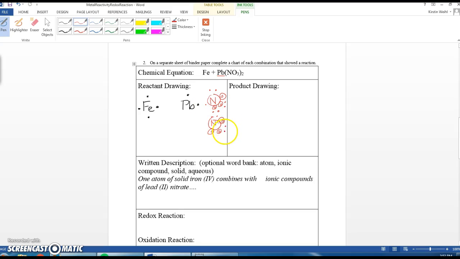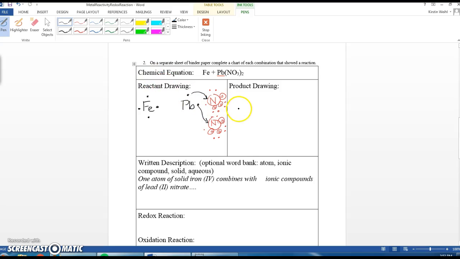So I'm going to place 7 valence electrons around the nitrate, and then show that the lead has given 1 electron to 1 nitrate, and has given another electron to the other nitrate. It got rid of its 2 electrons that it wanted to get rid of, and the nitrate has gained those 2 electrons. In terms of the products, iron is in fact more reactive than lead, and so